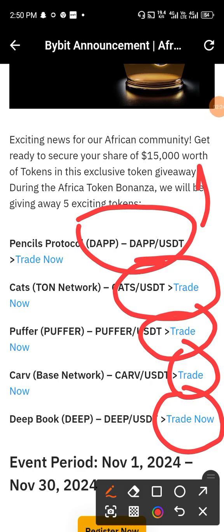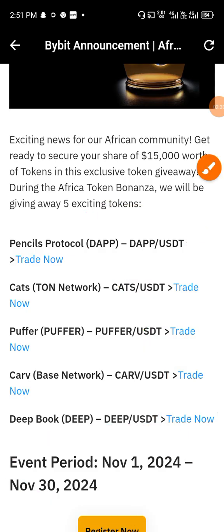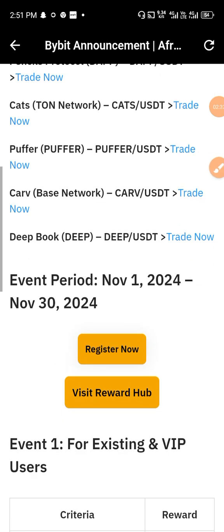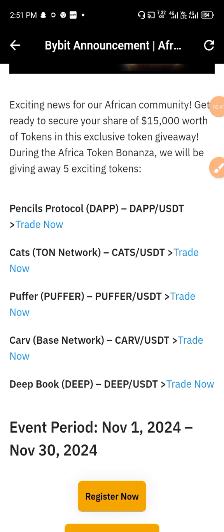What is this event period? In case you miss out, you must follow up before this day runs out. Register for this event and move closely to your reward hub. Okay, what do you just need to do? As I said, all you just need to do is trade one of those coins. Click on trade. Alright,